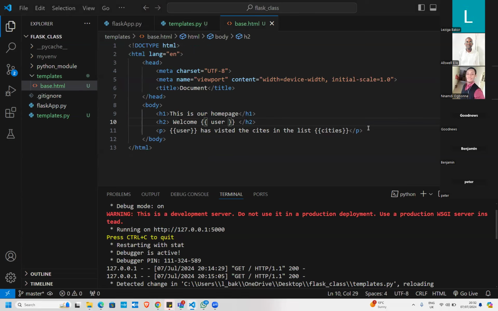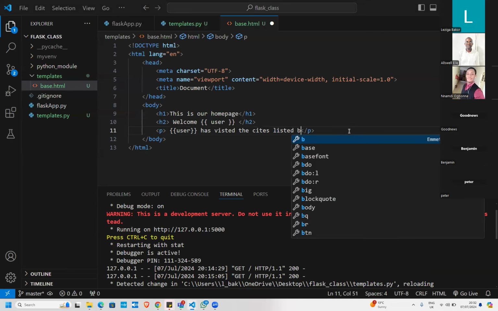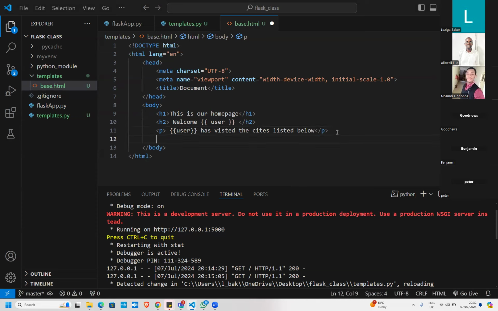So, okay, if we go a step further, instead of saying he has visited the cities in the list, I could decide to say he has visited the cities listed below, and then go ahead to use a for loop to list it. And how do I do that? In this Jinja templating, you do it like this. You put the curly bracket and put a percentage sign, and then you put another percentage sign. Then in between here, you can say for,